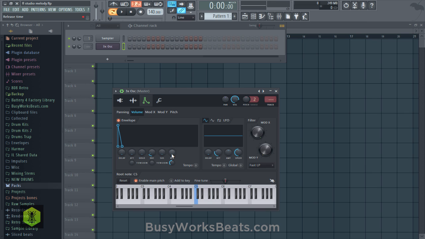But if you want to make it more like a realistic bell, we're going to turn up what's called release. This is going to give the sound a tail. So when we hit a key and let it go, it's important to let the key go. It now has an extra ringy tail to it. I'm going to extend the decay so that when I hold the key, it lasts a little bit longer.